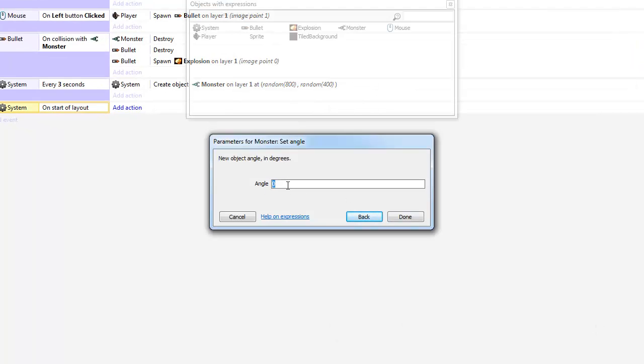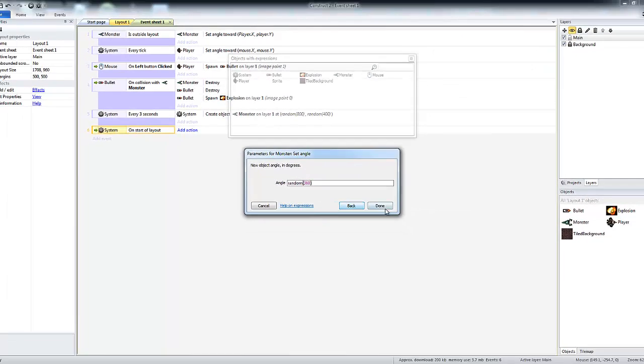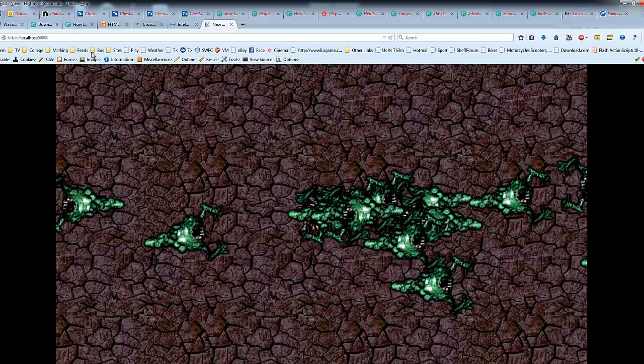It says the object angle in degrees, and we're going to say this is going to be random, anything between 0 and 360. Done. Start,